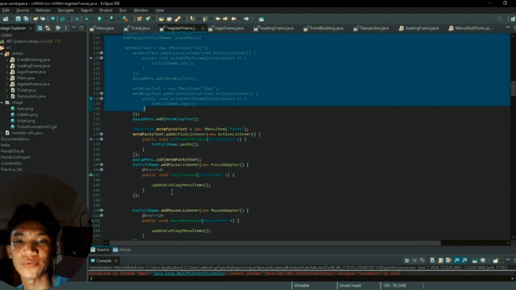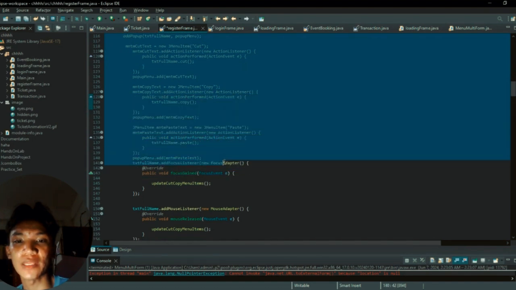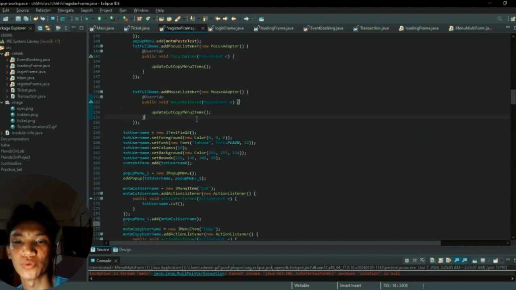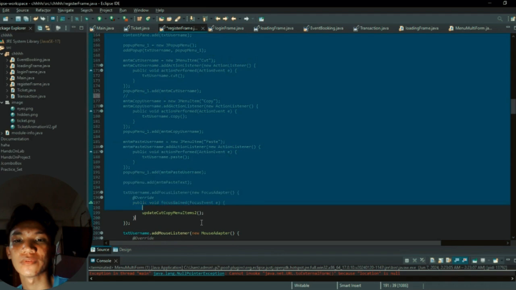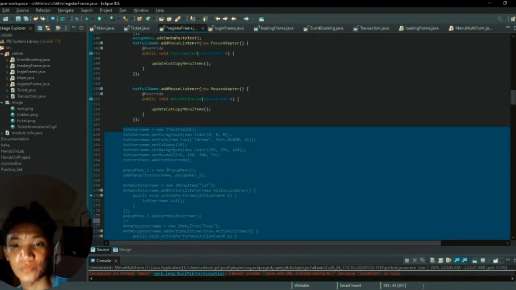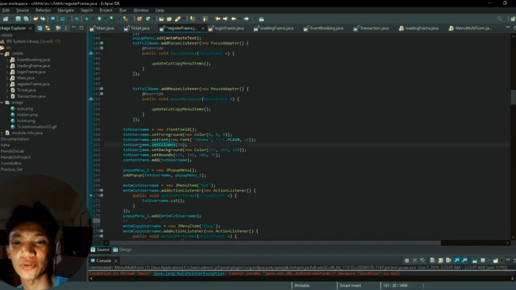And this is to have copy paste. This is the JPopupMenu. And this is the username, for the user to fill up his or her username. And this is the JPopupMenu.